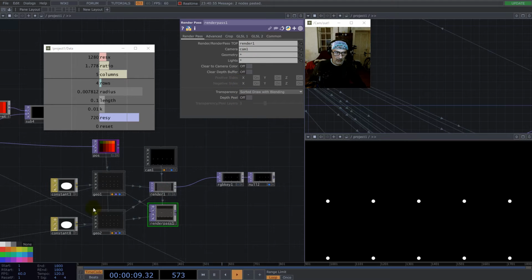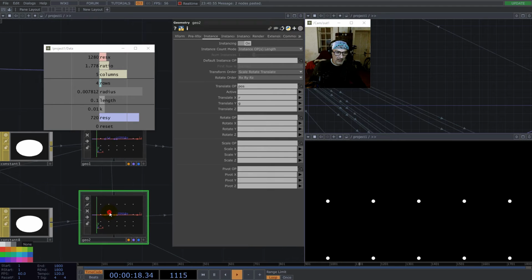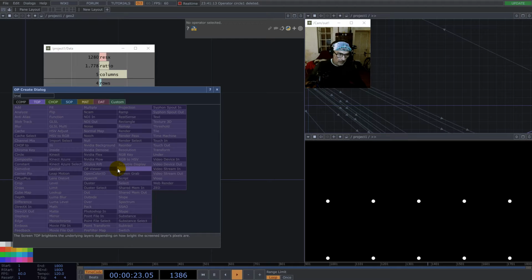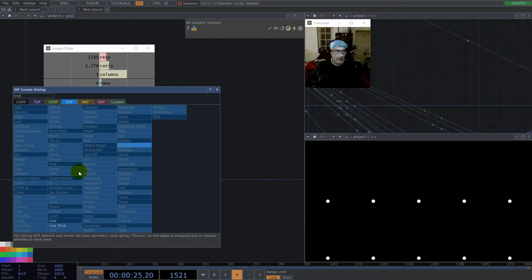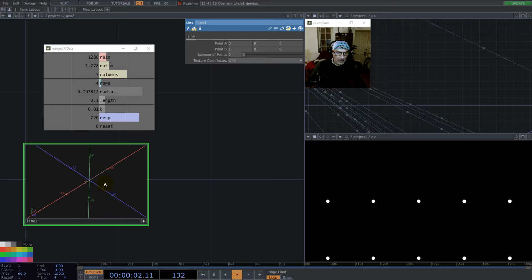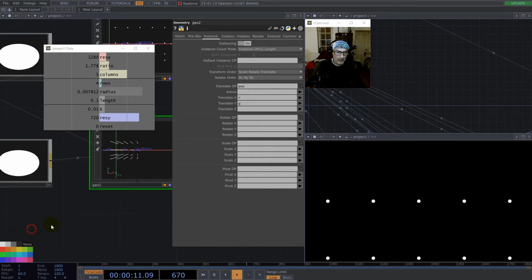This one takes GO2, the render takes GO1. Let's go inside the GO2. We need a line SOP here, and the line should be on the z-axis, so 1 here and 0 here. Now we are good, and we see we have a bunch of lines here,